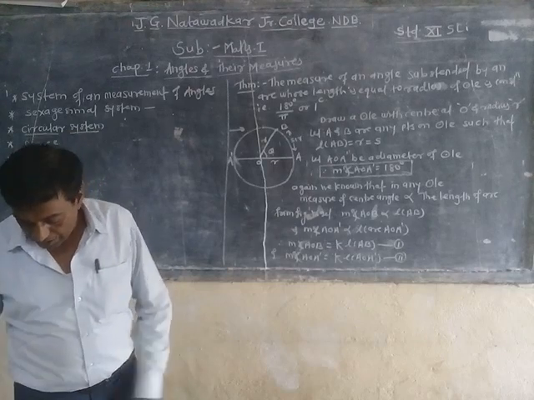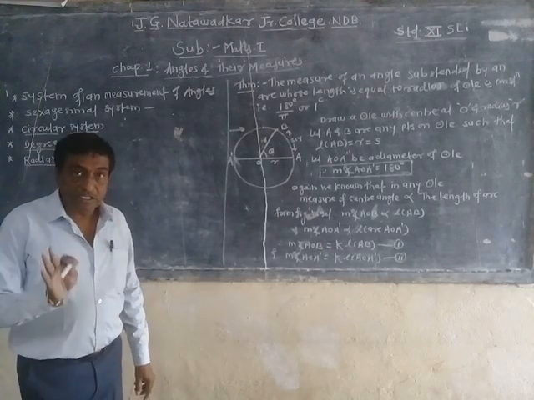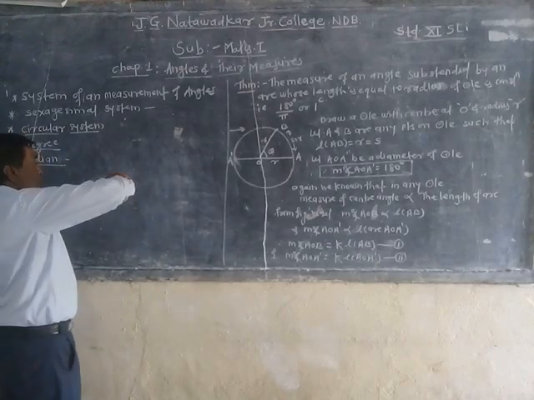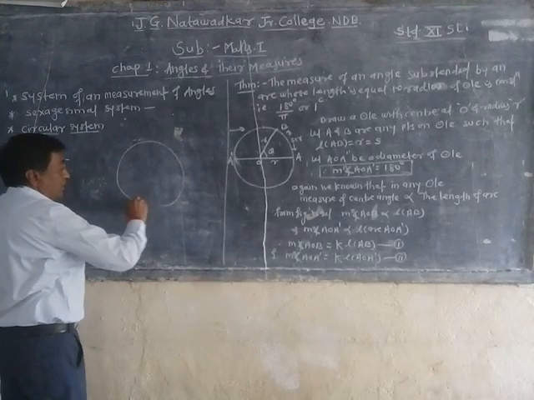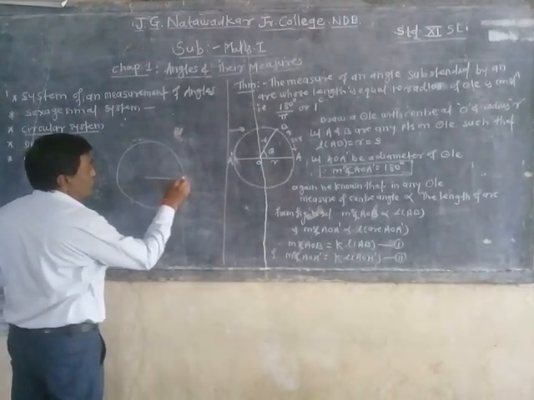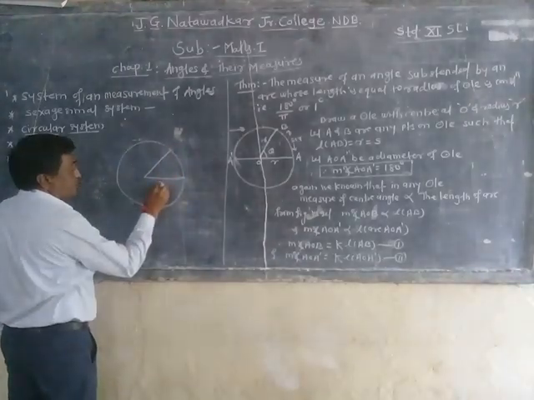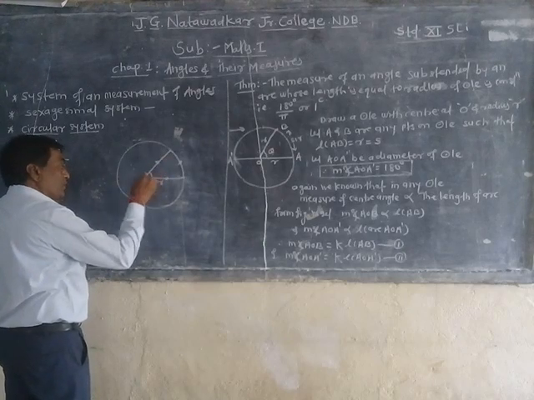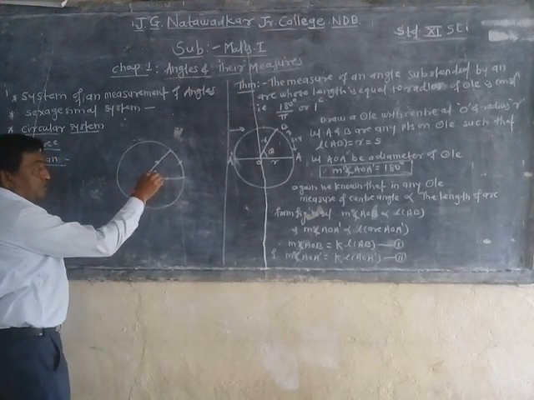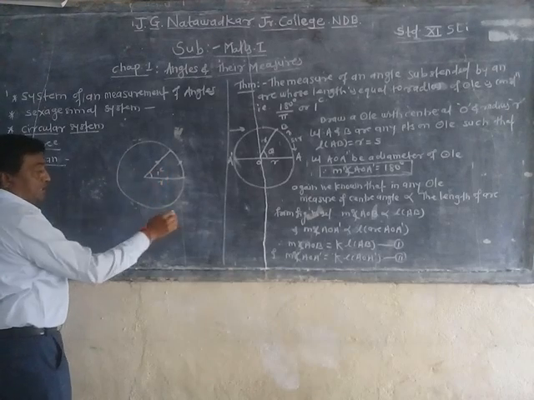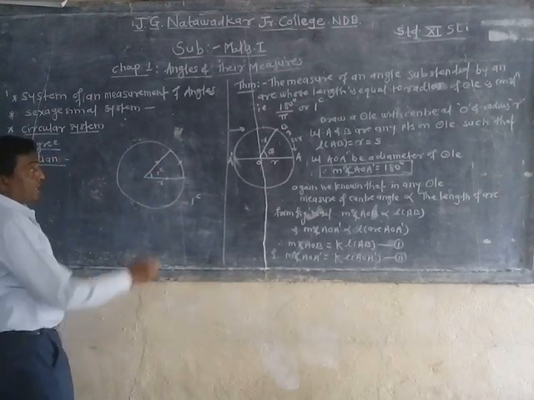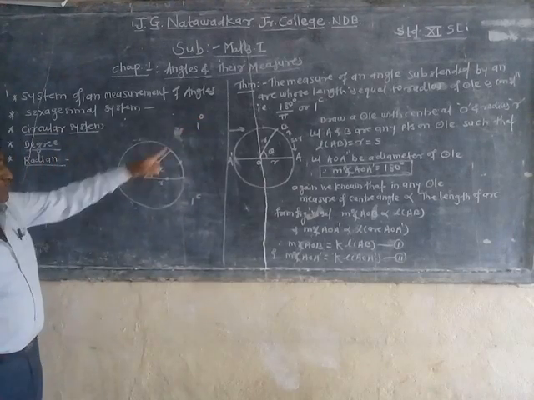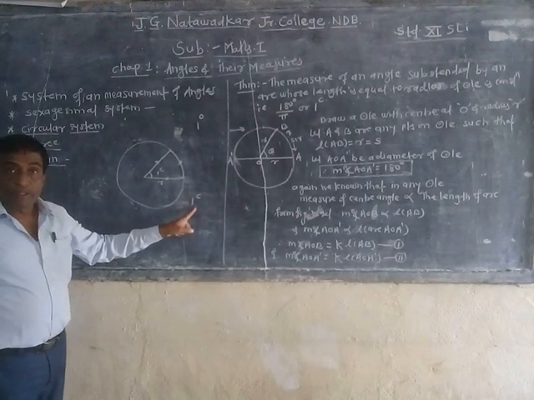See, the radian is a measure of an angle subtended at the center, which is formed at the center when the radius is equal to the arc length. See, this is the radius r and this is the arc length. If both are equal, then the angle formed here, that angle measure is known as the radian, and it is 1 radian. Radian is denoted by this symbol, and degree is denoted by this symbol. Suppose 1 degree, we can write like this. So this is the notation of degree and this is the notation of radian.